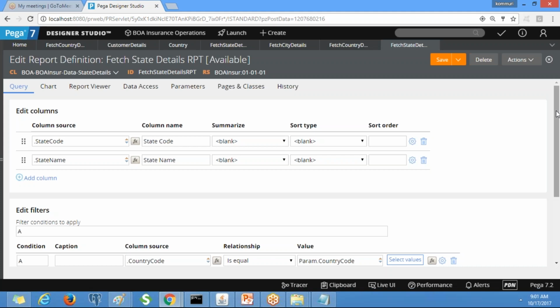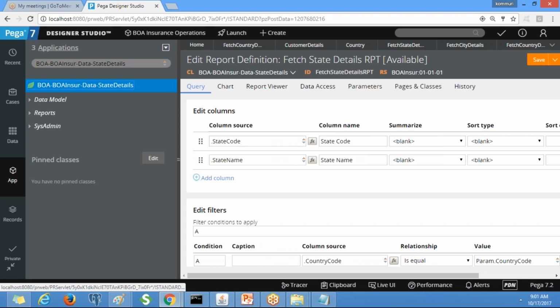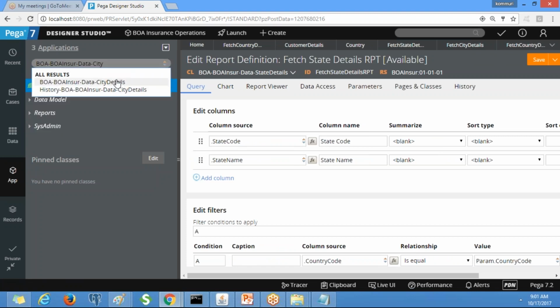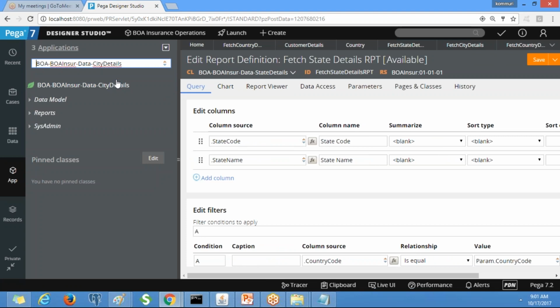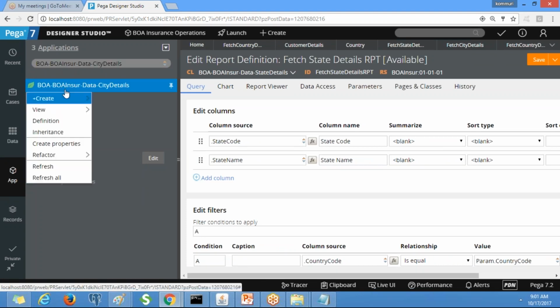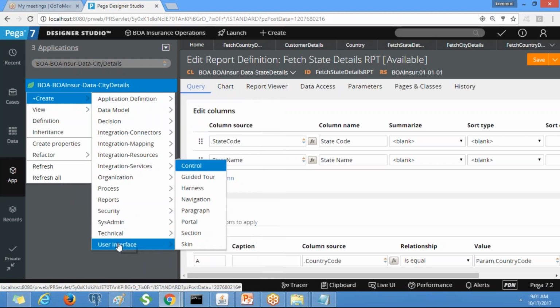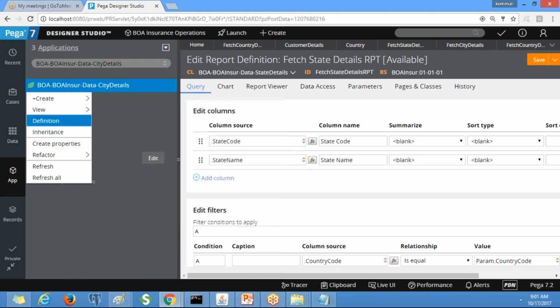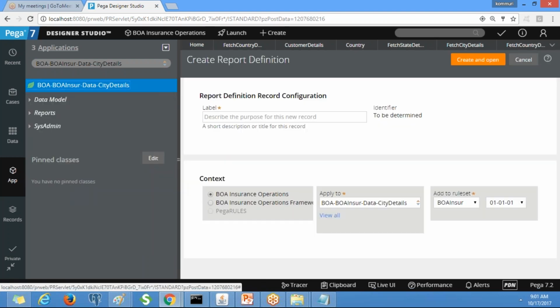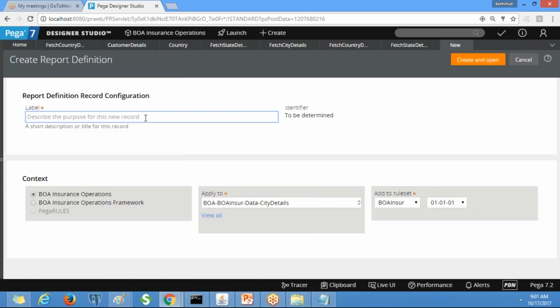Okay, clear? So now similarly we need to create for city details. We have created two report definitions, one for state and one for country. Similarly, we need to create for city. Click on report definition rule type. Fetch city details report.